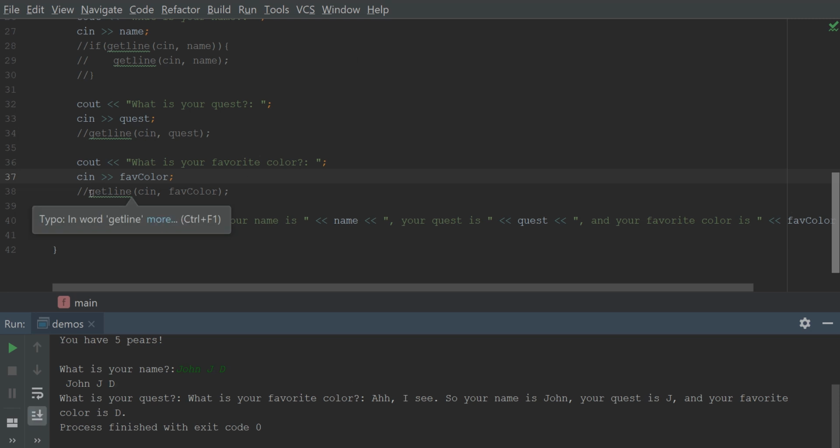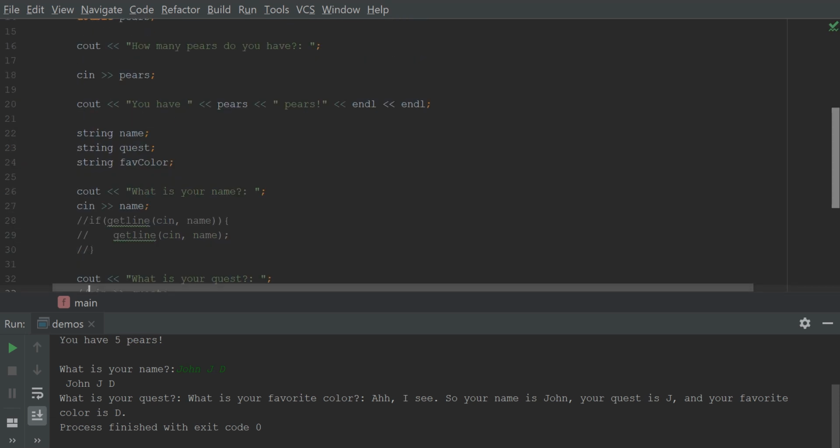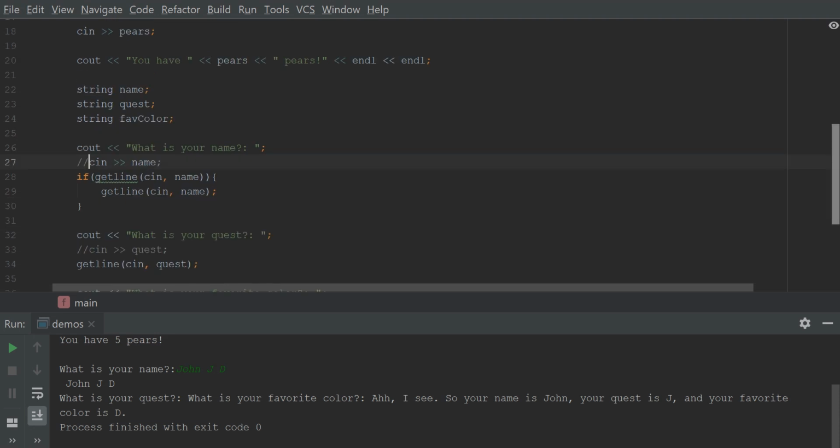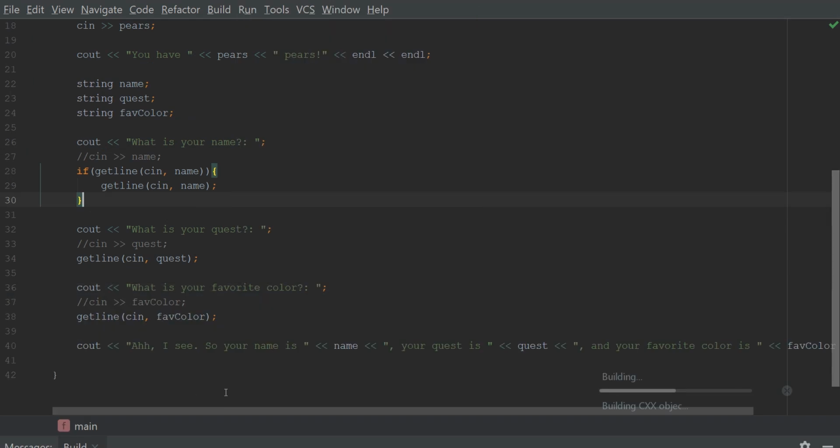And so now, if we change it to getline. Essentially what getline does is it's a different function that's in the string class, and we'll talk more about classes later, obviously. But anyway, what it's basically doing is it's taking a whole line of input, so it's not worrying about that white space that we have. So if I run this now,